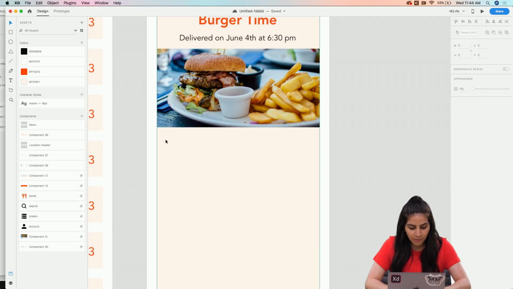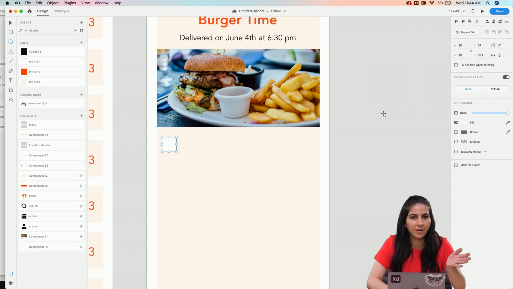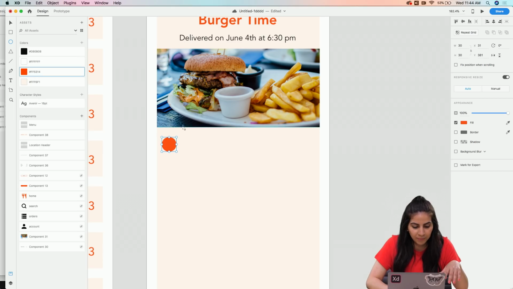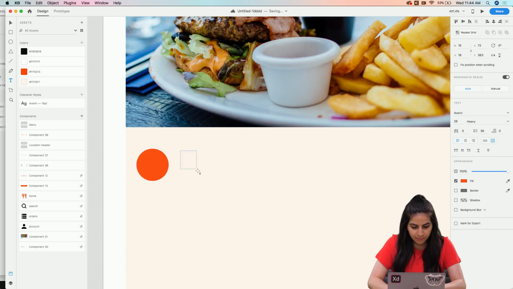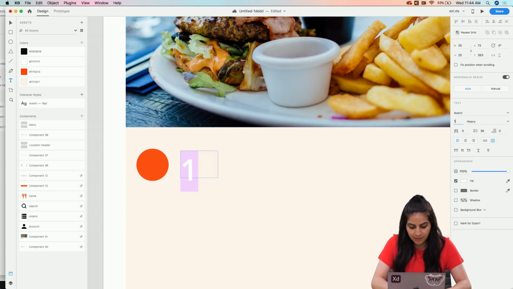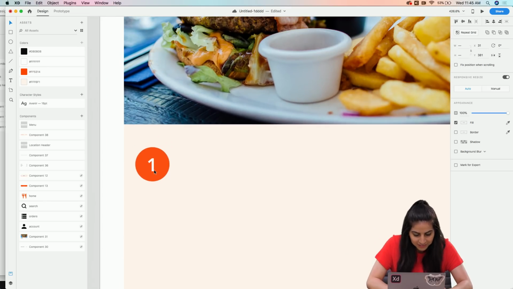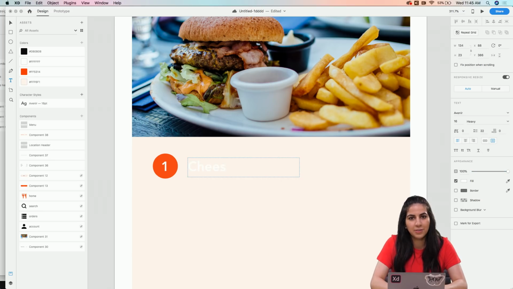So what I want to add first is a little circle that kind of shows the quantity of items that they got. So we're gonna do a circle, color that orange, and then type a 1, and we're gonna make that white and a little bit smaller. Okay. And then I think that's center. I'm gonna group that together, and then I'm gonna type out what they ordered. So they ordered a cheeseburger,